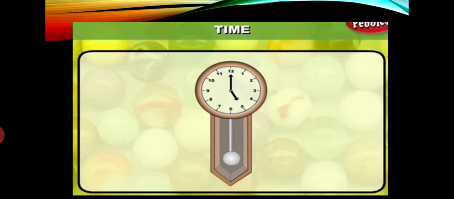ओके, जब आप नंबर 1 से लेके 2 में देखते हैं तो यू कैन सी 5 डिविजन्स आर देयर बिटवीन 1 एंड 2. सेम डिविजन्स यू कैन सी बिटवीन 2 एंड 3, 3 एंड 4, 4 एंड 5, 5 एंड 6, 6 and 7, 7 and 8, 8 and 9, 9 and 10, 10 and 11, 11 and 12. So between any two numbers you can see 5 divisions. So these divisions, they are minutes.